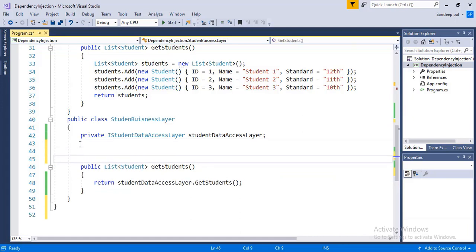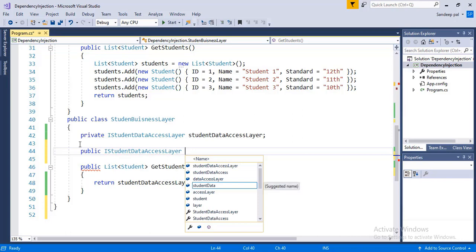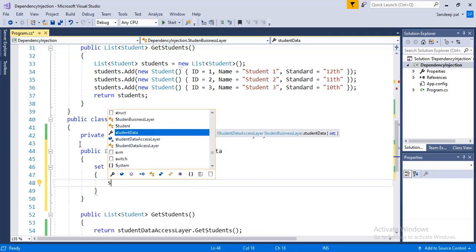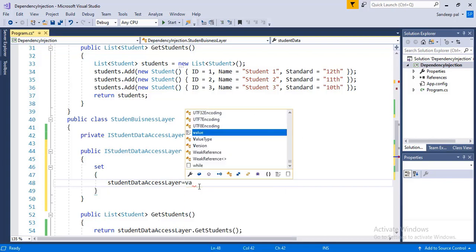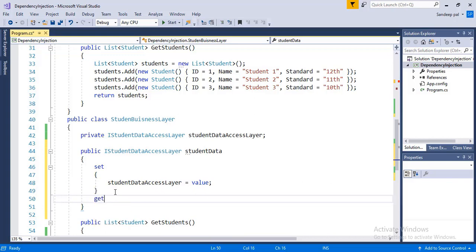As the name suggests, we are implementing property injection, so we need to create a property. I am creating a property here of iStudent data access layer interface type. In the set accessor, I am setting its value into the private variable student data access layer. Its value will be an object of a class that implements the iStudent data access layer interface.